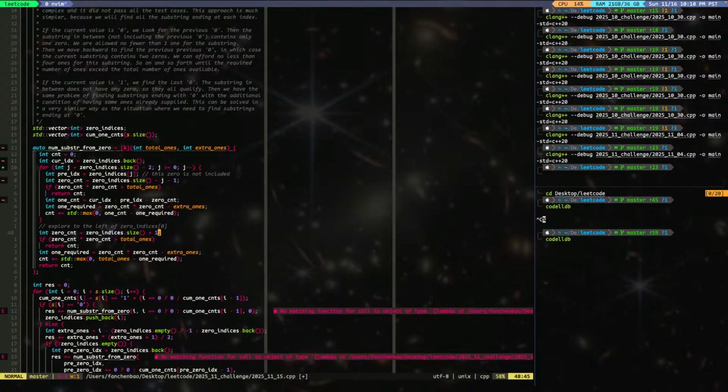so if j is 0, if j is 0, then 0 count. Yes, it's right. It's going to be the size minus 1. That's the total number of zeros. Because size is